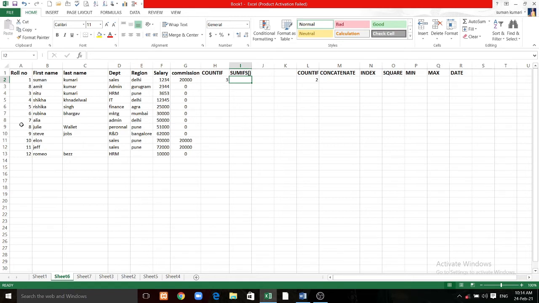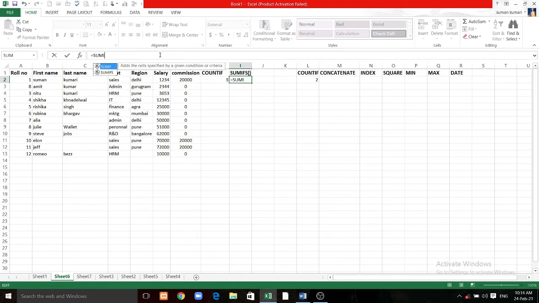If we have some values and I have to find out the salaries of the employees who are working in the sales department, and I want to add the salaries of those working in the sales department, and the location is Delhi. So we now have 3 conditions, and the third condition will be whose salary is more than 5,000. So the first one is the employees who are working in the sales department, who are in the Delhi region, and whose salary is 5,000 rupees. Okay, so here we have 3 conditions.